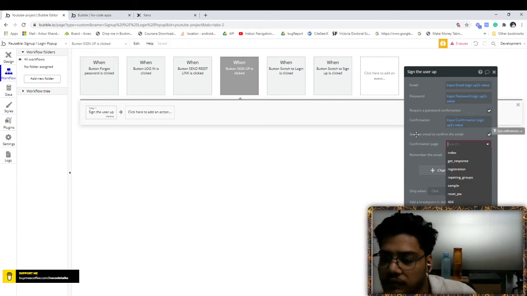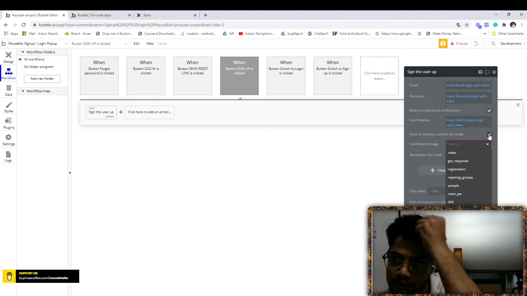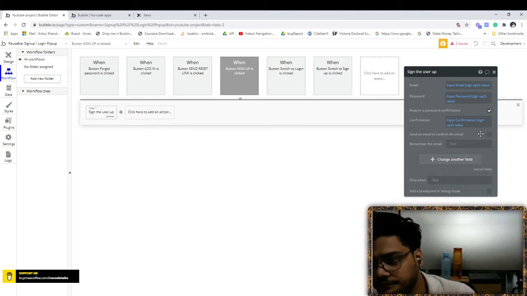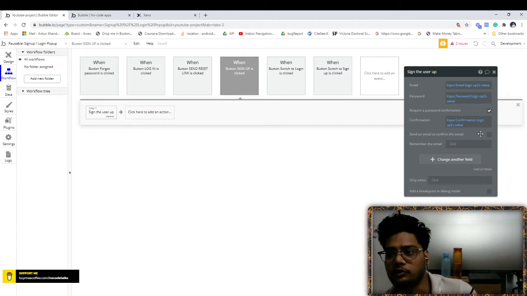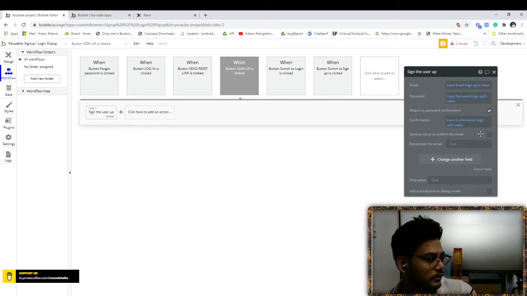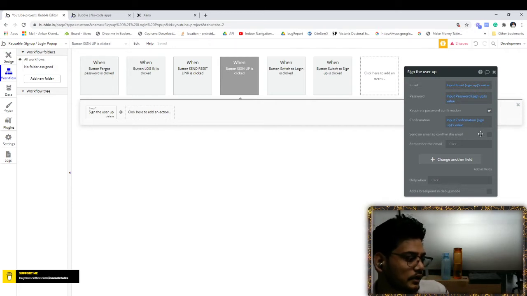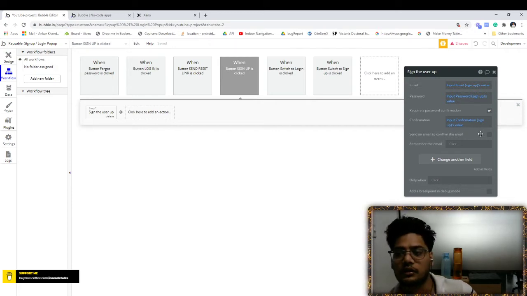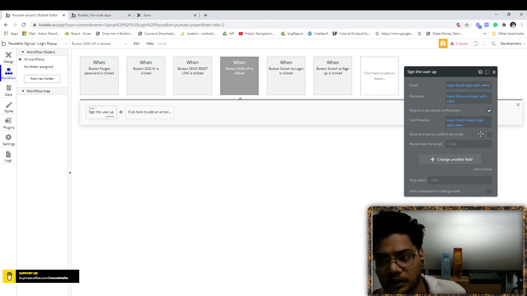Send an email to confirm, to the confirm page. What exactly does that mean? When you register, sometimes they add a flow: okay, register here, and once you are registered, visit your email. We have already sent you one email, just verify it. That happens in most cases when you sign up for a newsletter. There's no username and password, so they verify the email to check it is not a dummy email. In our case we are not doing it.